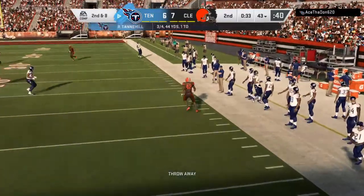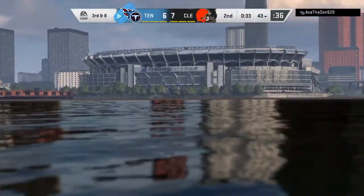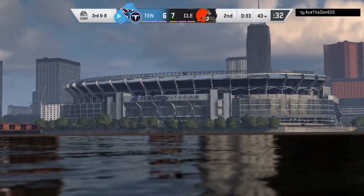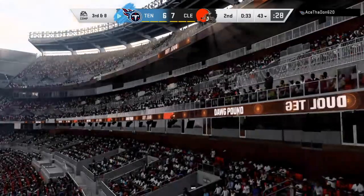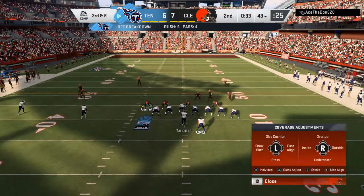Escaping the pressure right. It's been my observation there's been a nice variety of play calling defensively. You and I often talk about an offense's ability to keep a defense off balance with what they're doing. I think the converse has been true in this game. Yeah, I think you're right. They seem to have gone off tendency quite a bit, but it's only the second quarter, a lot of time to